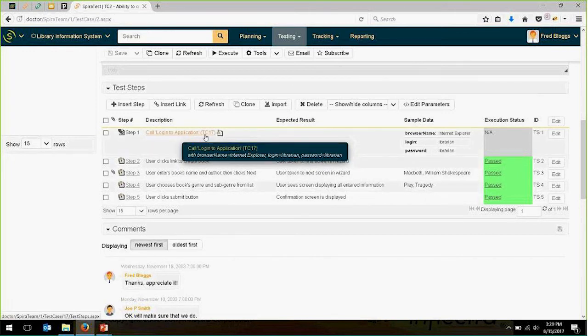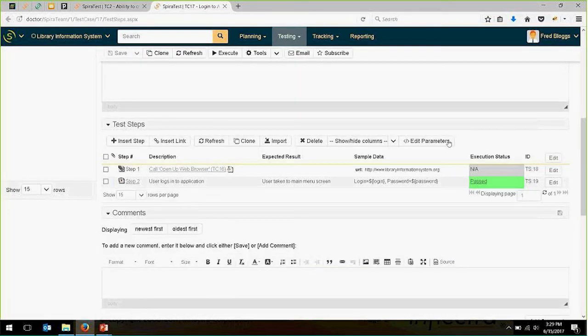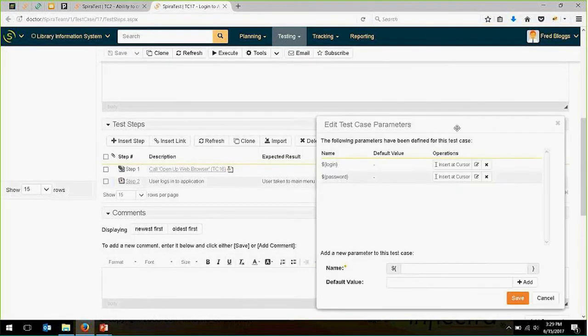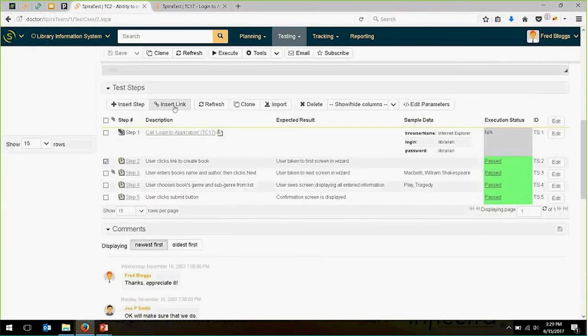And so what we did is, rather than actually just creating a login test step directly here, we realized that we're going to use that login in lots of places. So we actually created it as a reusable test case called login, looks like this. And we use the edit parameters feature to define 2 input parameters, login and password. So we can customize the text that you will see when you run this to use a different login and password. And then we use the insert link feature right here